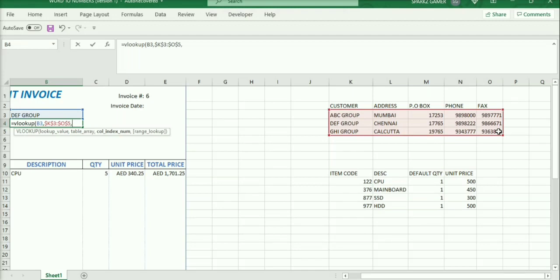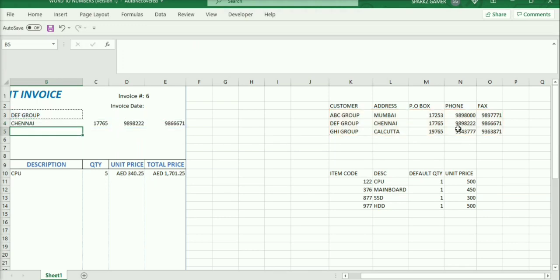Then instead of one column I'm using multiple columns: 2, 3, 4, also 5. So I'm closing the curly bracket. Then I need an exact match, so use FALSE.